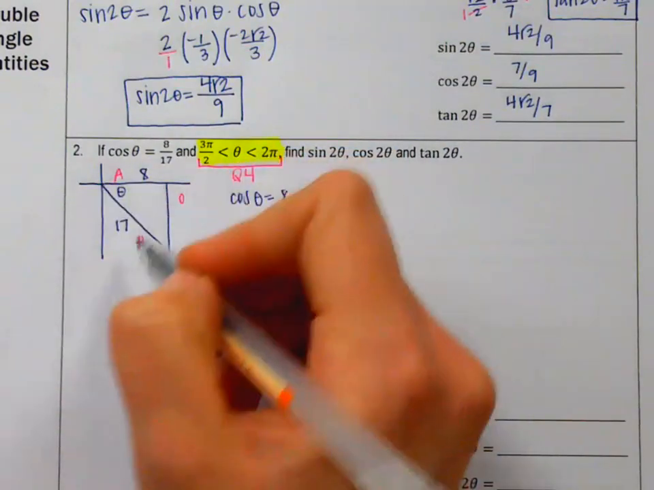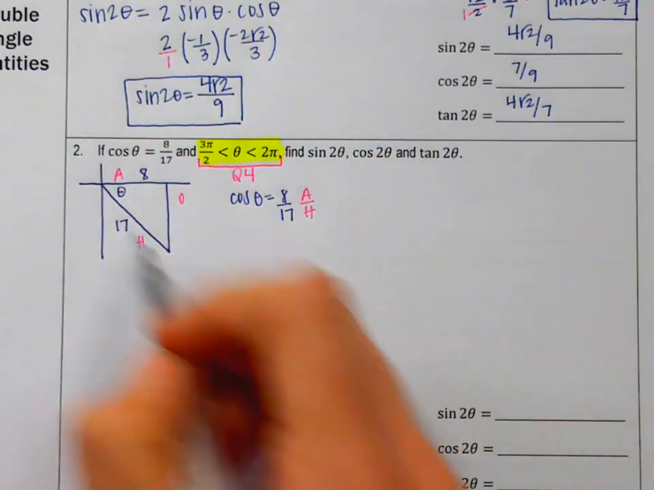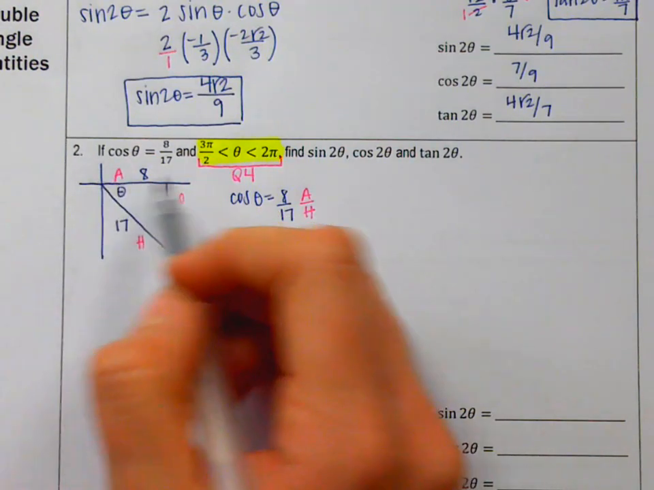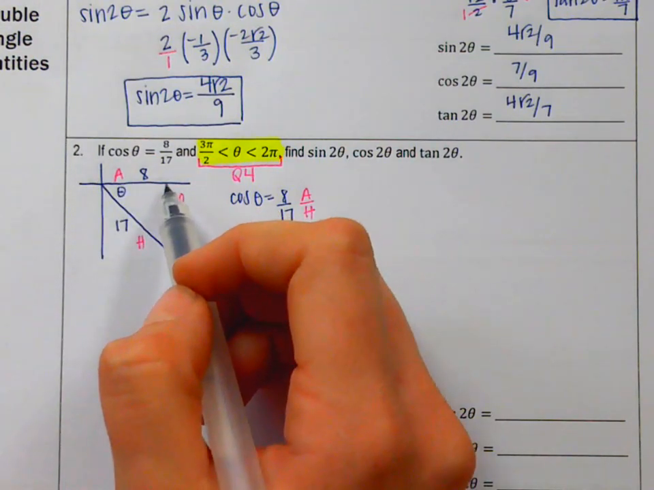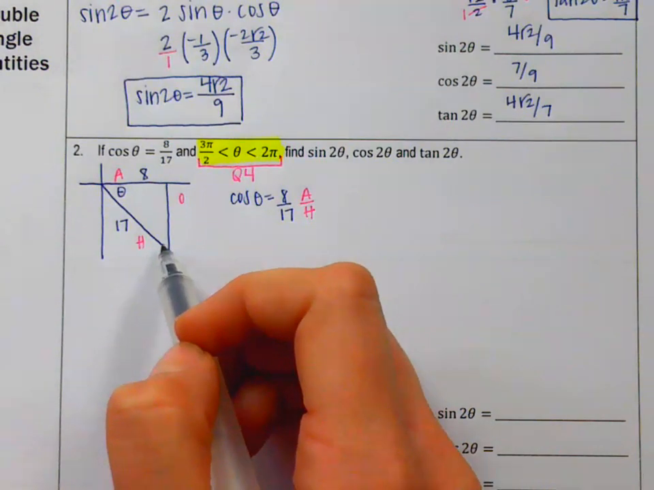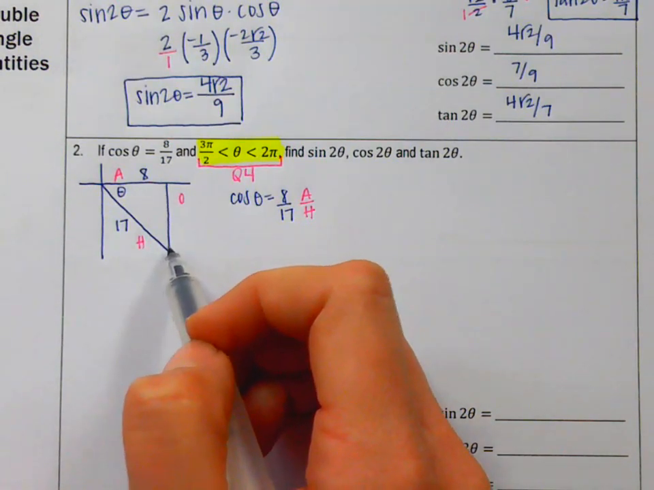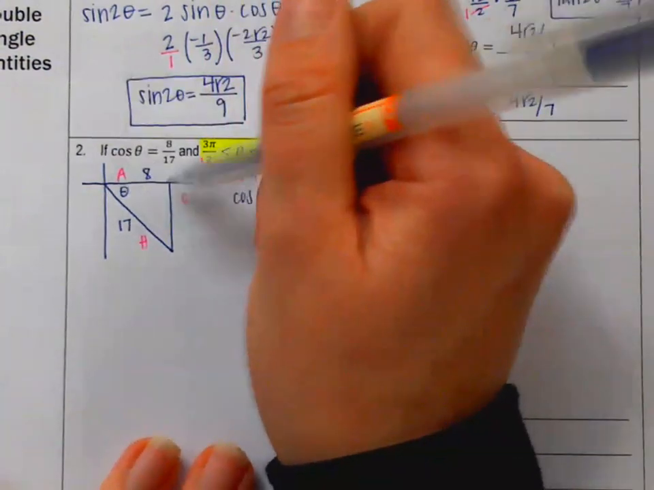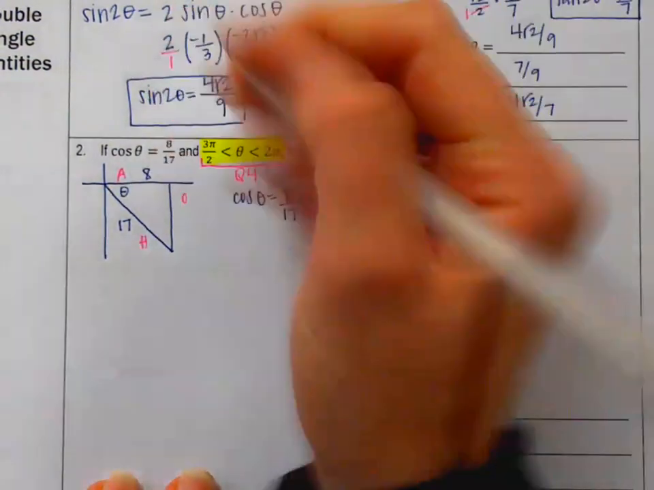So again, I'm still thinking about my signs. The hypotenuse is always positive. We know that. The adjacent, this is a positive x direction, but this is going to be a negative y direction. So this is going to be a negative value. So we need to find our missing side length to be able to finish the rest of this. So we have a leg, we're missing a leg, and we have the hypotenuse. So it's going to be